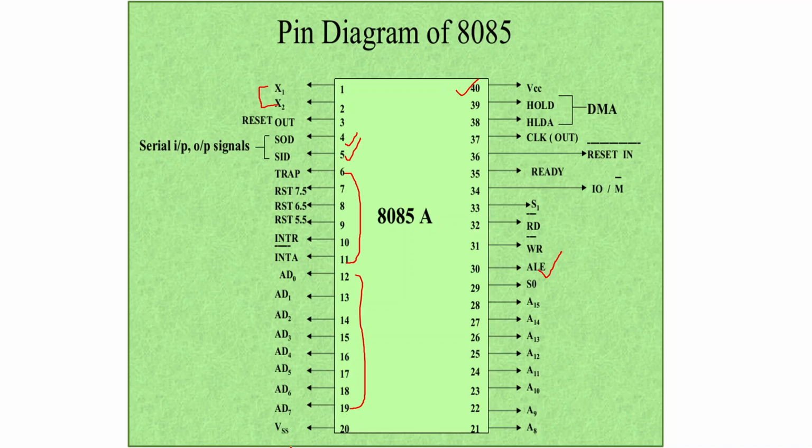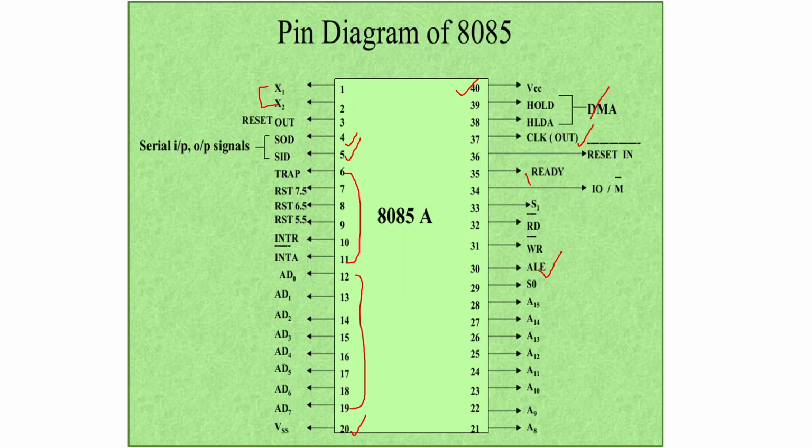The 40th pin is a supply, so the microprocessor needs 5 volts for its operation. So the 40th pin is given 5 volts, and the 20th pin is connected to ground. And for direct memory access, these two pins will be used, hold and hold acknowledge pins. And for input output devices, the clock signal will be obtained from the 37th pin, and whether low speed peripherals